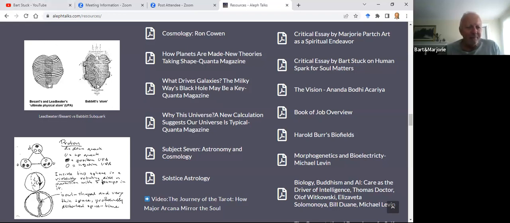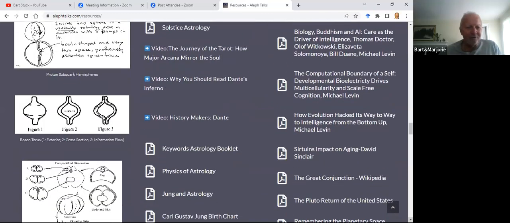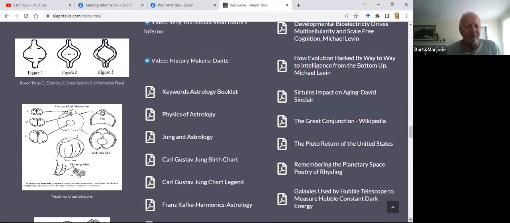There was another chap named Babbitt who observed something similar to this. He probably wasn't as good an artist as Leadbeater and Besant, or as Ron Cowan was. But it shows that these ideas have been around for 100 years.